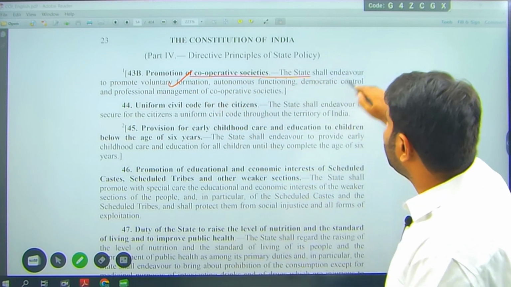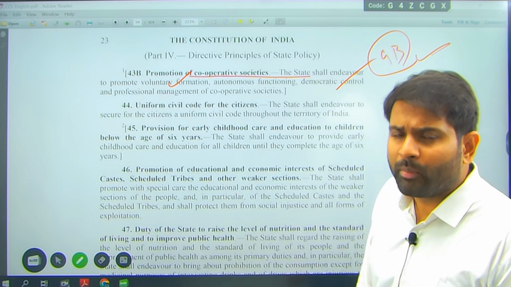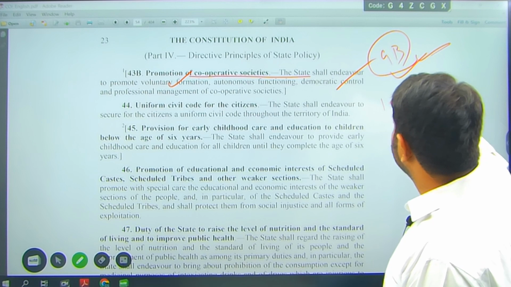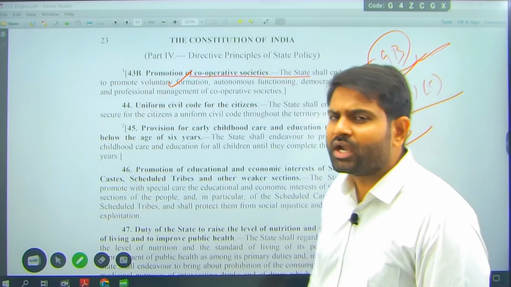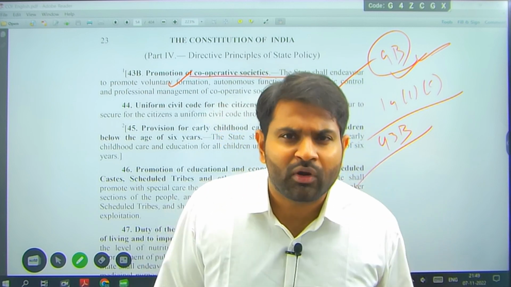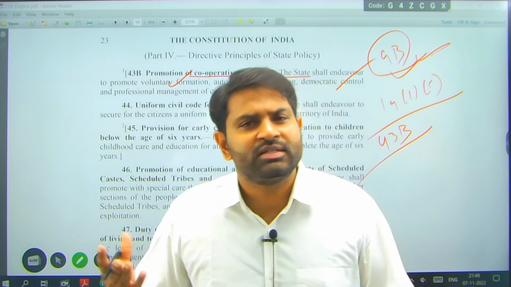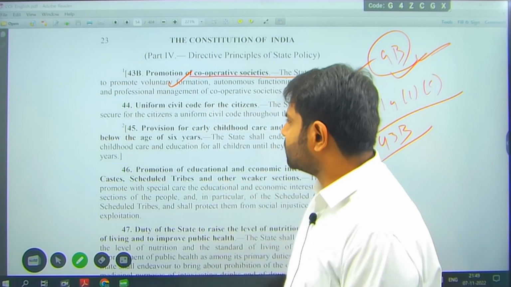We saw this particular part in 9B of the Indian Constitution, especially talking about cooperative societies. 9B is talking about cooperative societies. 19(1)C is talking about cooperative societies. Similarly, 43B is talking about cooperative societies. So, important: cooperative society. You still don't know about them? Try to learn what is a cooperative society and self-help groups. When the Constitution is imposing on you to learn so much about that, why don't you?